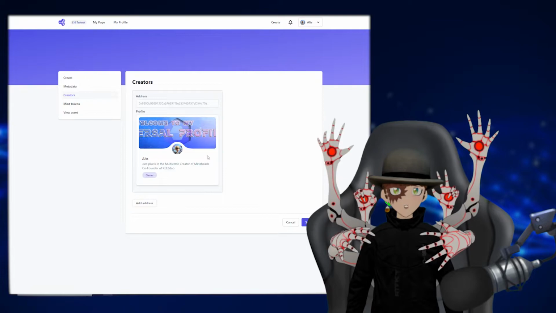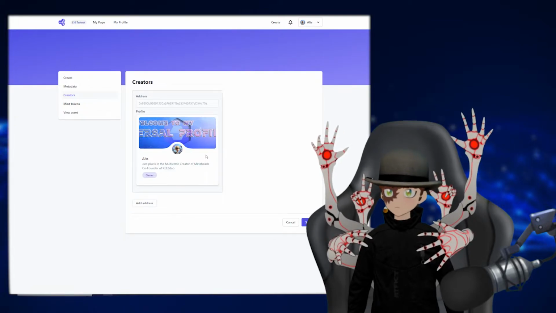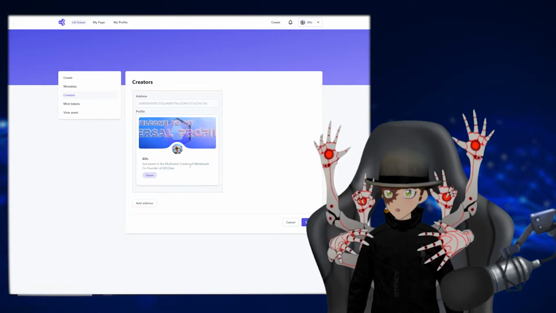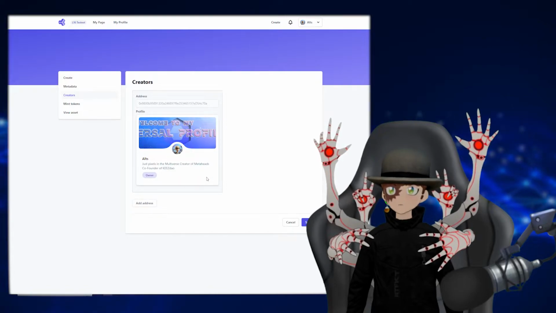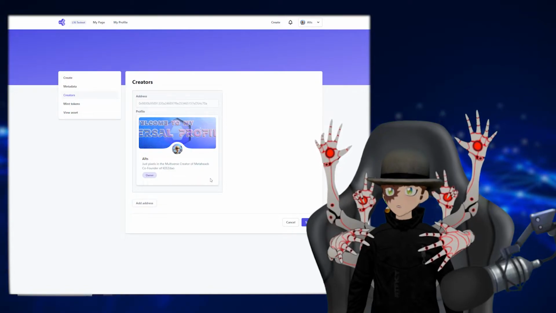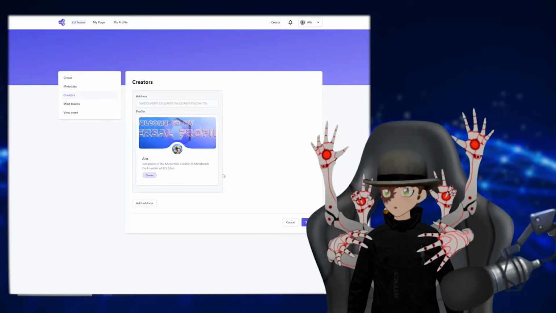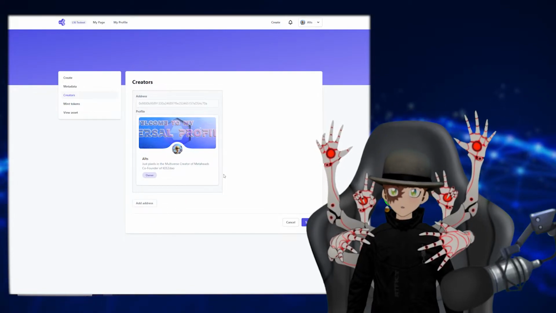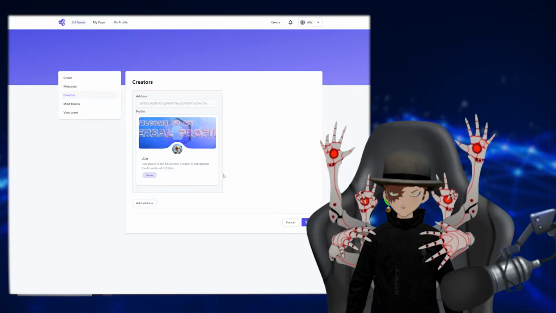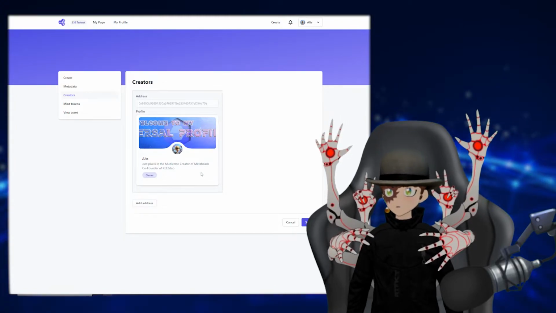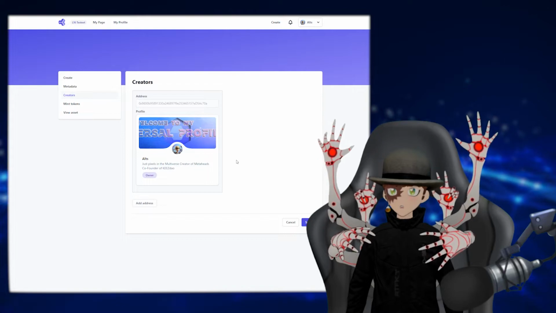So this is another great thing about talking provenance. You can actually add multiple creators on the smart contract on chain. So it's true provenance. That way it's verified who was a part of this project. So if there's multiple collaborators or creators associated, or with the team, you can add them, and this would be their actual